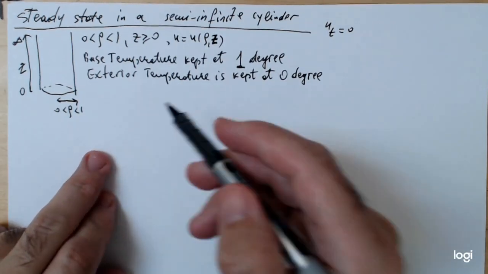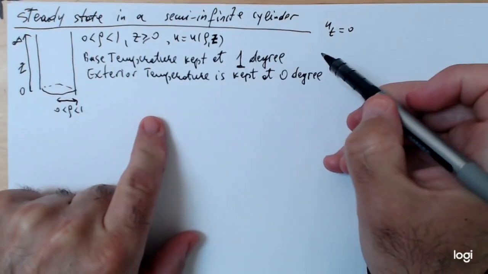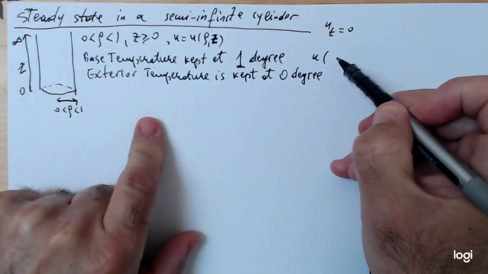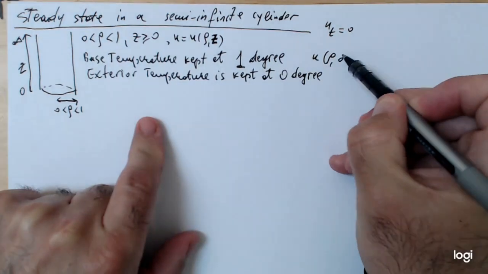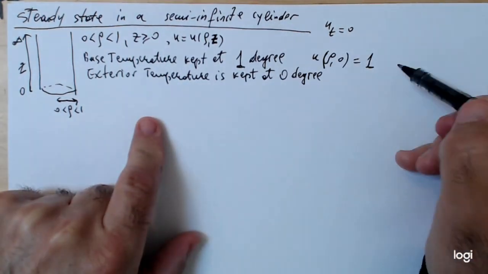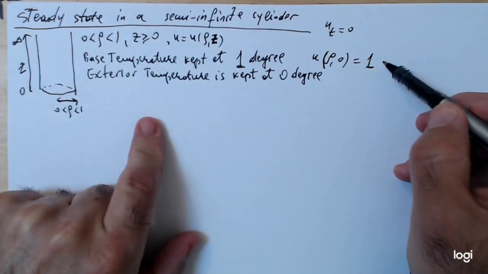Now, what about the boundary conditions? Well, when I say the base temperature is kept at 1 degree, that means U of rho and 0, so when z equals 0, is going to be equal to 1. So that's one of the boundary conditions. By the way, this is going to be the non-homogeneous boundary condition,